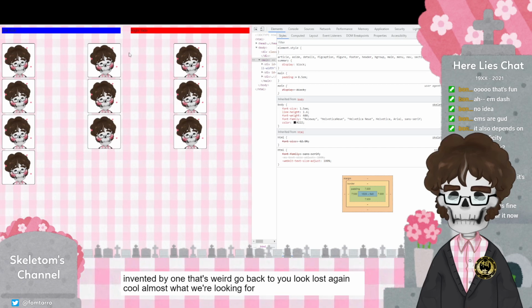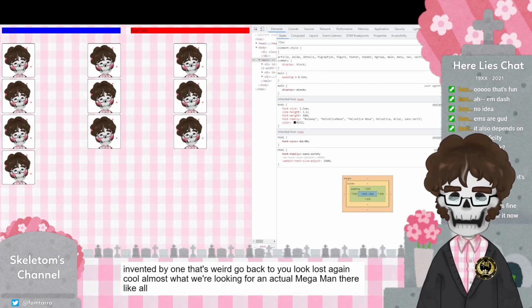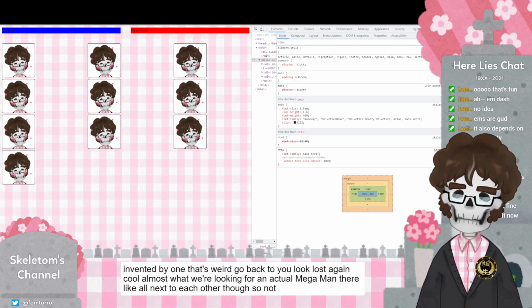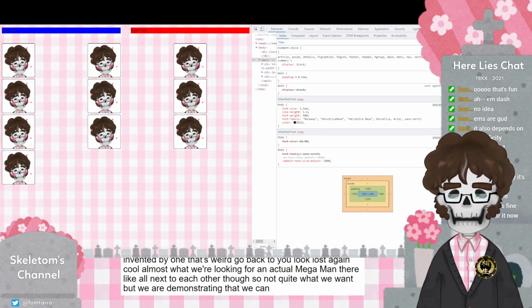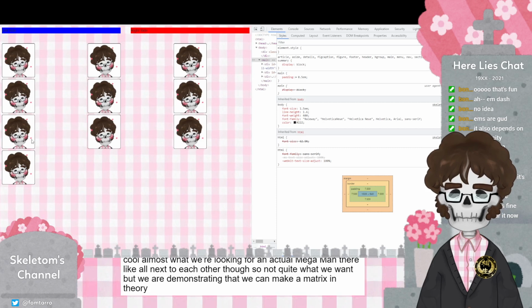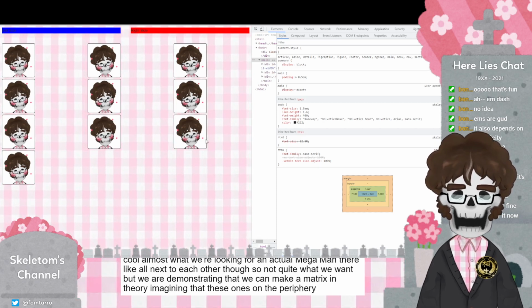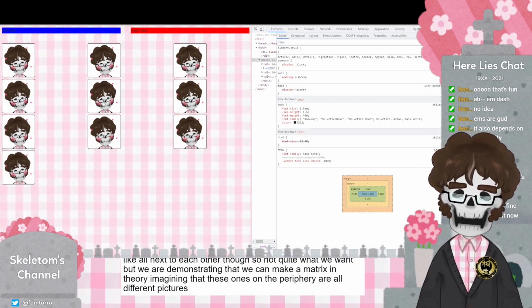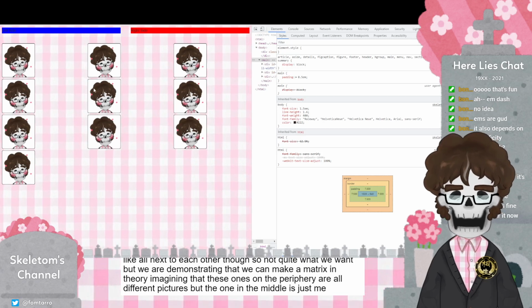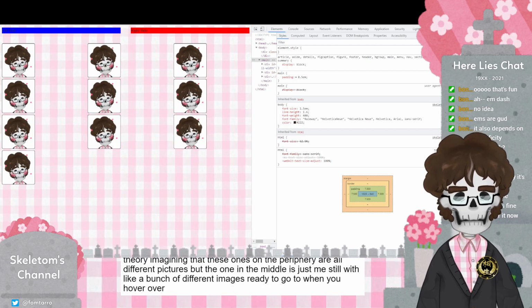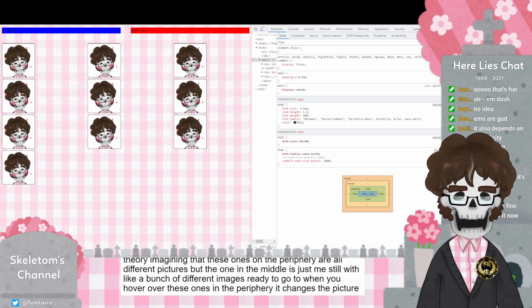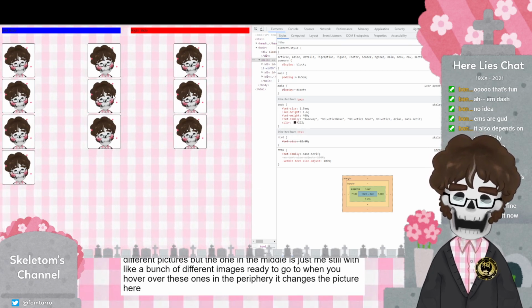In actual Mega Man, they're all next to each other though. So not quite what we want. But we are demonstrating that we could make a matrix in theory. Imagining that these ones on the periphery are all different pictures, but the one in the middle is just me still, with a bunch of different images ready to go. So when you hover over these ones in the periphery, it changes the picture here. I could definitely do something like that